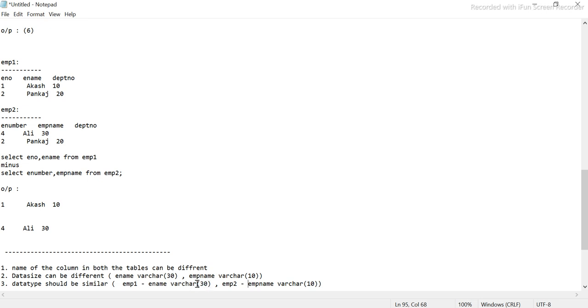Here it is varchar, and here if I say char, this will work perfectly. There is no problem because these are similar data types.